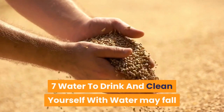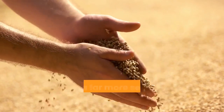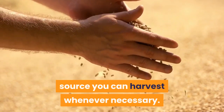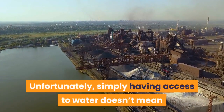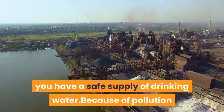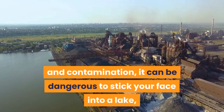7. Water to drink and clean yourself with. Water may fall from the sky wherever you decide to settle, but it's far more sensible to have a local source you can harvest whenever necessary. Unfortunately, simply having access to water doesn't mean you have a safe supply of drinking water. Because of pollution and contamination, it can be dangerous to stick your face into a lake, take a drink, and